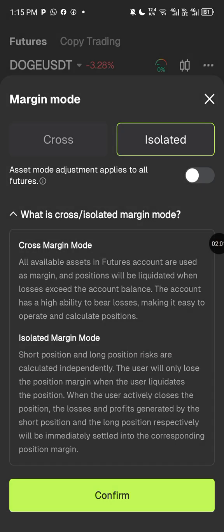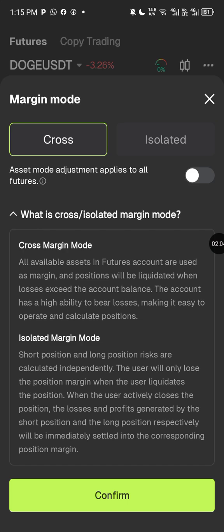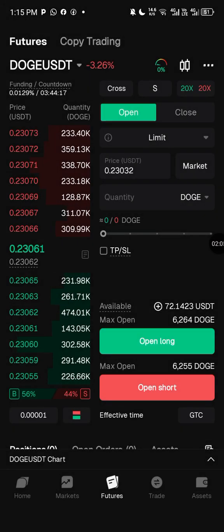Now, what this means for cross is that if you enter multiple positions, I drop signals in my group,